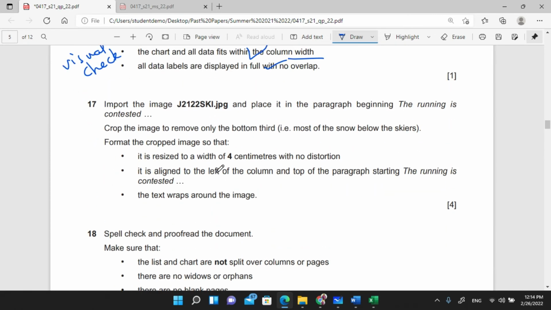Okay, we still have the picture. We have one picture. We want to add this picture to some place in the document. Import the picture ski.jpg, and place it in the paragraph beginning with this text, right? That running is